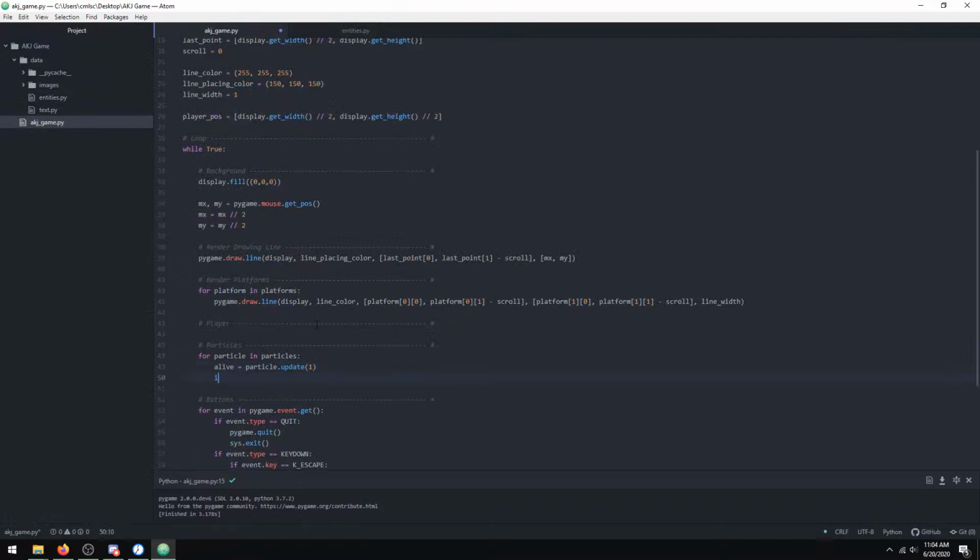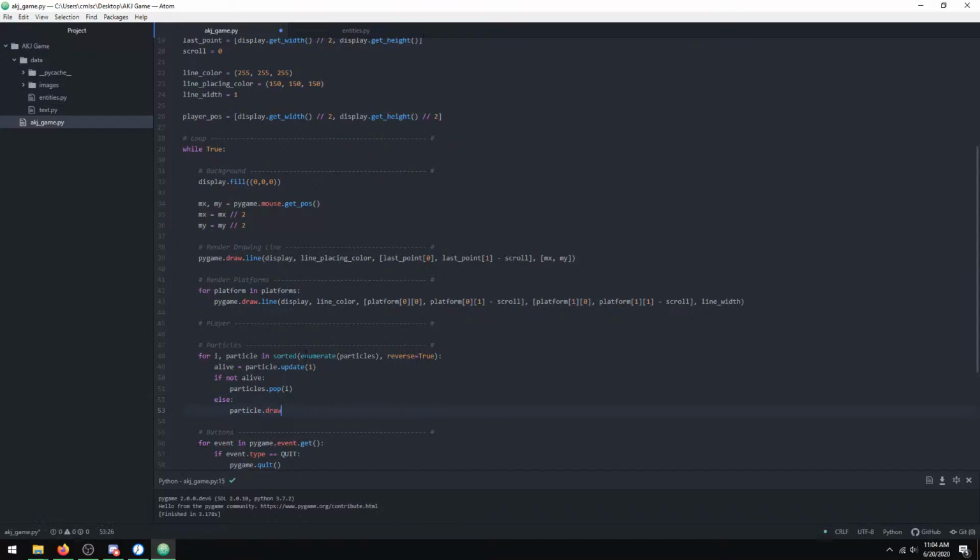And then if not alive, I need to do the sorted enumerate reverse equals true, so that it can pop during iteration. So I comma particle equals that, and then if not alive, particles dot pop I, else